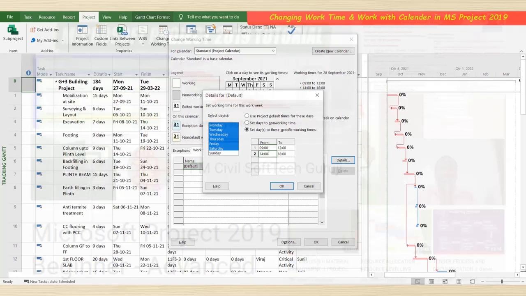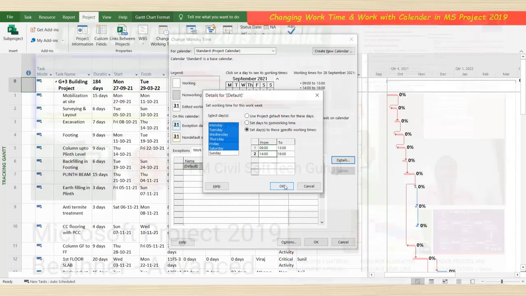And change the timing. Suppose our site work starts at 9 AM to 1 PM, and 1 PM to 2 PM is a lunch break, and then 2 PM to 6 PM.